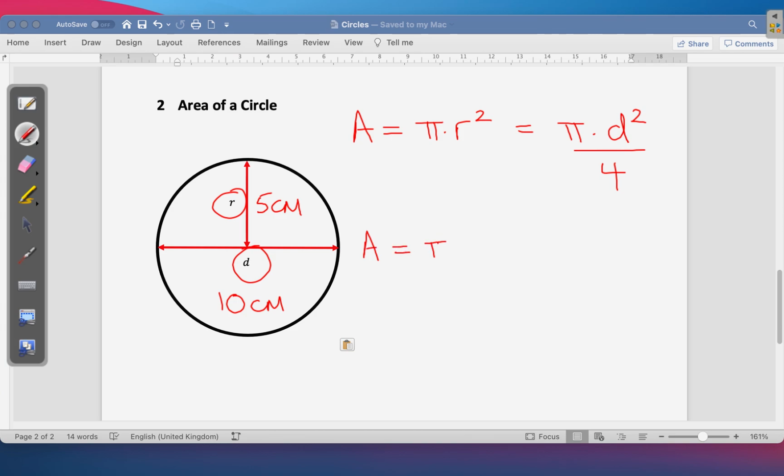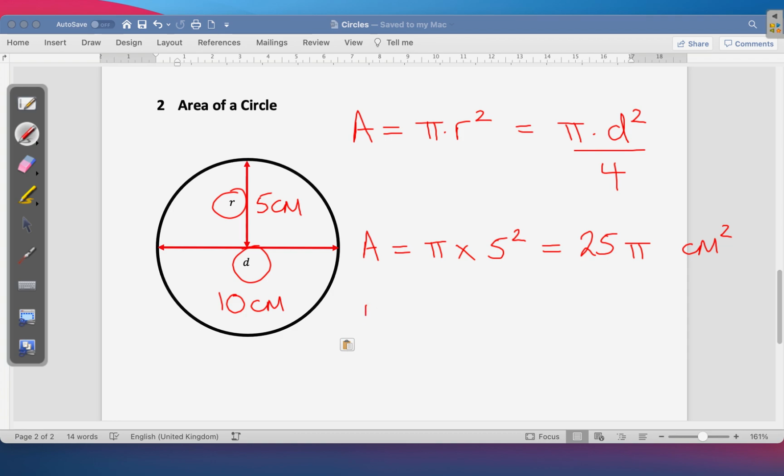We'll do pi times the radius, which is 5 squared, which is equal to 25 pi, and centimetres squared, don't forget that. Now if we do the same thing as we did for the circumference, where we type this into our calculator and then click the S-D button, we will end up with 25 pi,